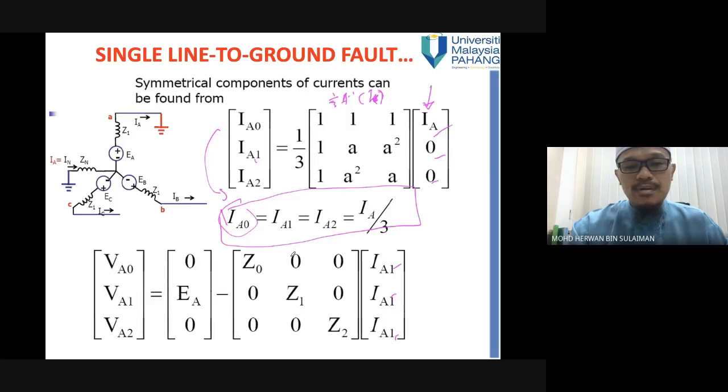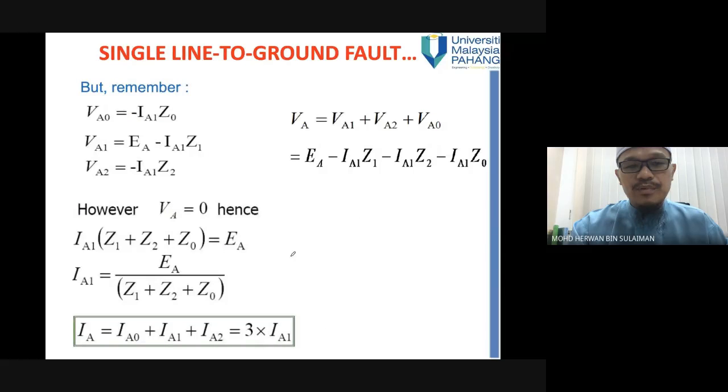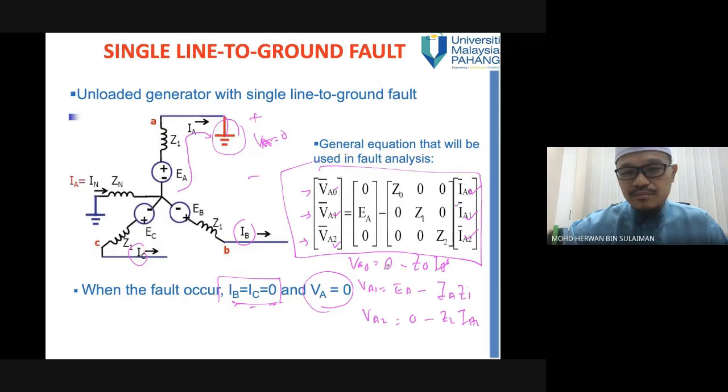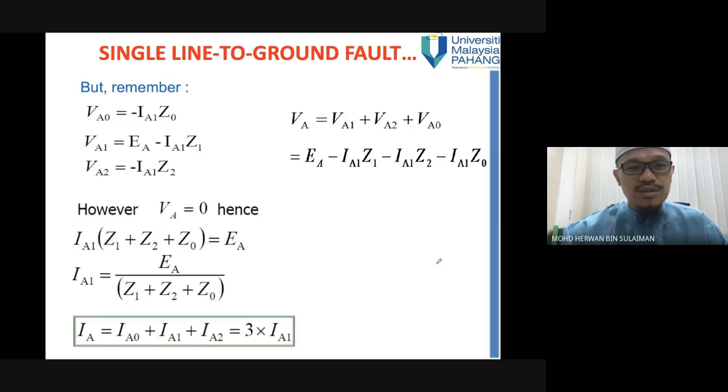But remember here, your VA0 equals IA1 Z0, right? So you can change the value there. So make everything in the form of IA1. This one IA1, IA1. And then we know already that our VA, the total voltage,